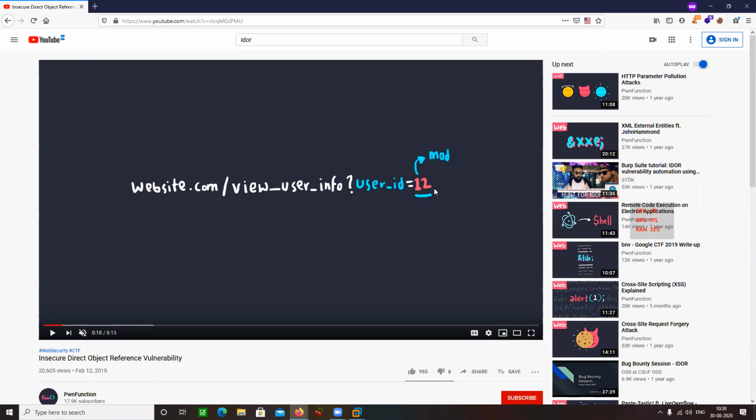What if I change this parameter, and I am able to switch into someone else's account? When I say that, I am not simply saying jump to their profiles. I'm trying to jump into their dashboards. I'm trying to jump into more privileged pages.